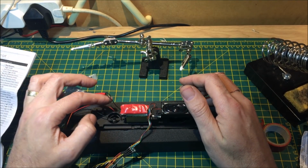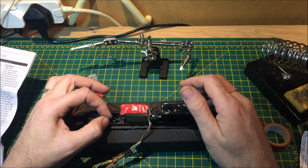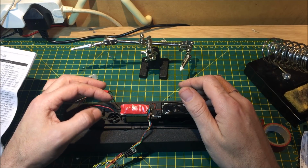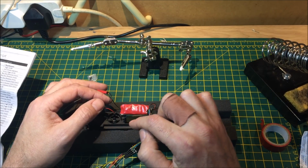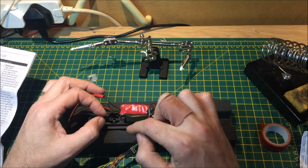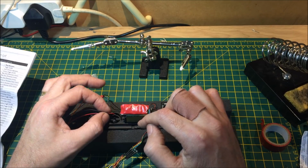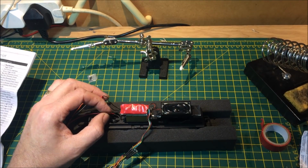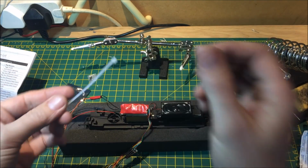Now, something I've noticed with these Lima 20s is the pickups, they are actually quite loose. And because of that, they do kind of lift away from the wheels. Now, there is two ways you could cure that, and that's either get the pickups behind the wheels and just bend them close to, but it's pretty difficult to get on. But I think a simple solution to this is just to get these two wires here at the closest, at like a pinch point, and just get a little tie wrap, just like this one, just a small one,